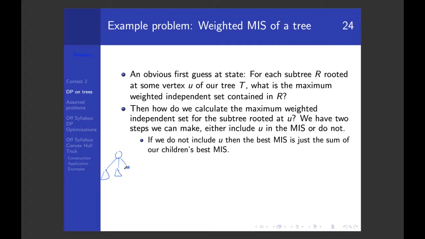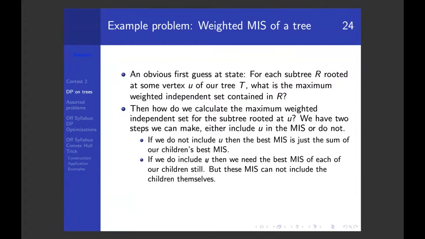The reason is that we have no constraints over the sets because we haven't chosen this node, so we're free to do whatever we like. And because it's a tree and not a DAG, children are independent of each other, and so we can just get the max independent set of these 3 and add them together. So we can just go, sum of my children's DP value, that is my DP value if we don't take the root. If we do take the root, however,